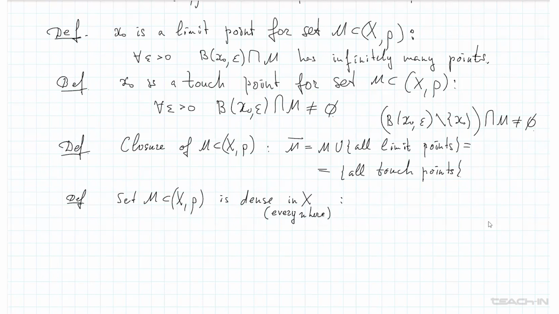What does it mean? The set is dense in X. The closure of M is X. The closure of M is just X. And a very important definition: separable space. X is a separable metric space